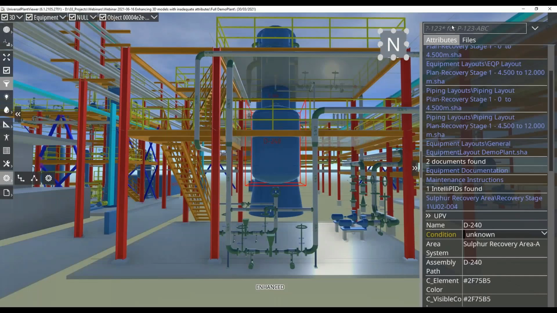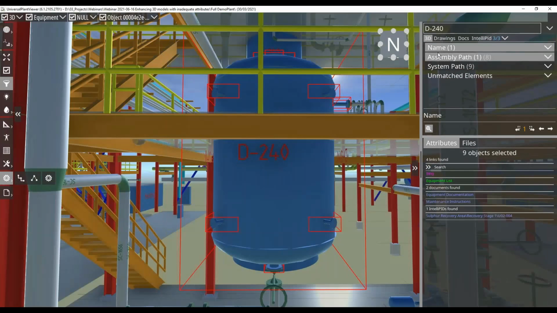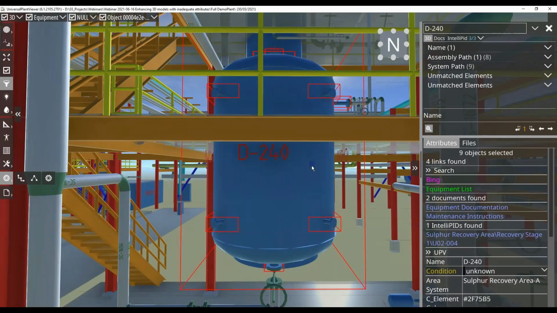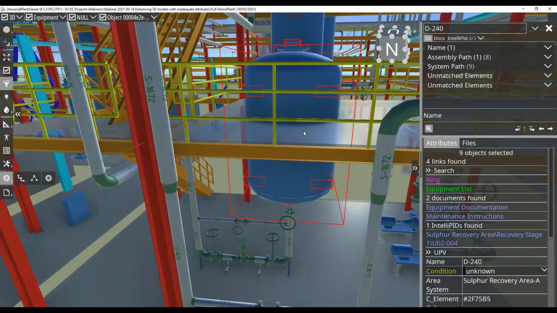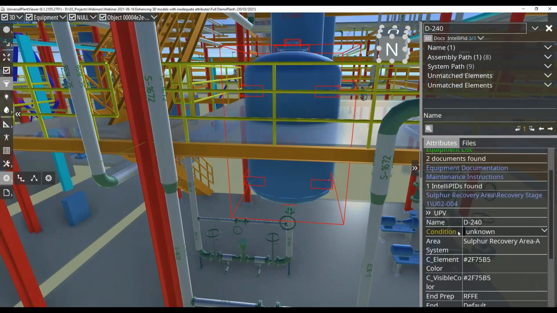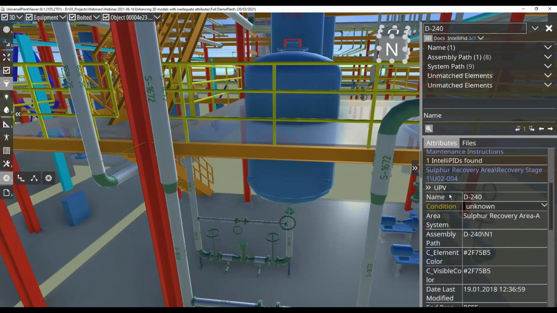So when I search for D240 now, it will still find it under name, but you see now it will highlight the nozzles along with the equipment. Why is that? Because we have changed, we click on the nozzle, changed the data structure and the hierarchy to name,